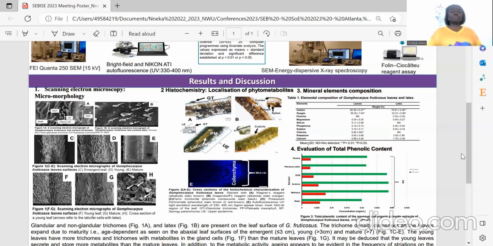Furthermore, we observed that for the phenolic content, the methanol extract gave the highest yield of phenolic content. However, it is important to know that there was a positive correlation between the extract and the phenolic yield. So from all of these results, we can deduce that indeed, Gomphocarpus fruticosus is an indigenous medicinal plant that is important for the treatment of